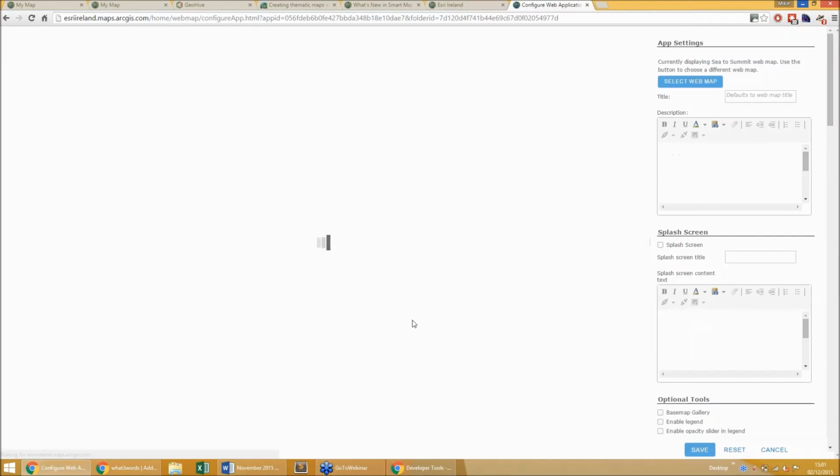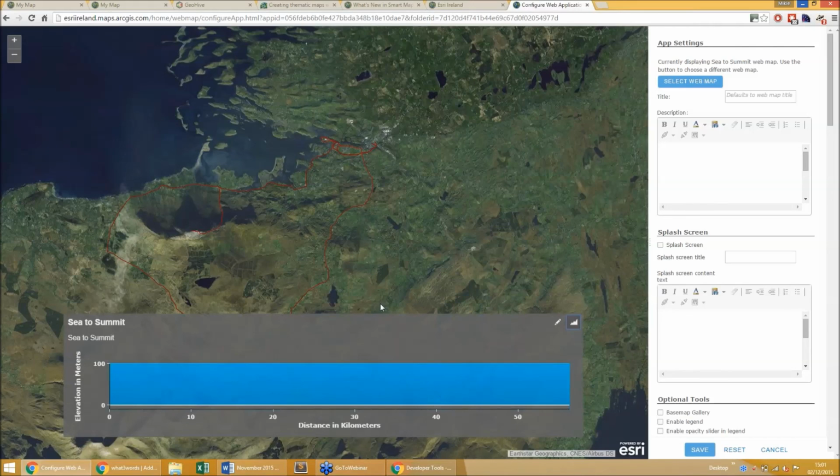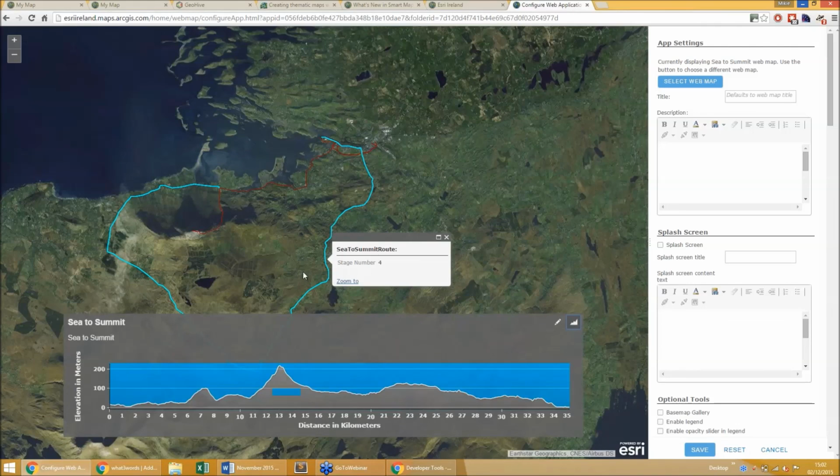And it's just a nicer kind of interface to it, and it's well worth changing over if you have. So you can open up your chart and select a particular route, and then you can see the elevation of that particular route.